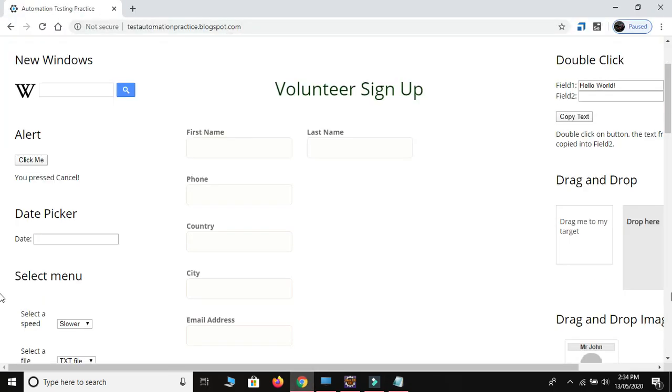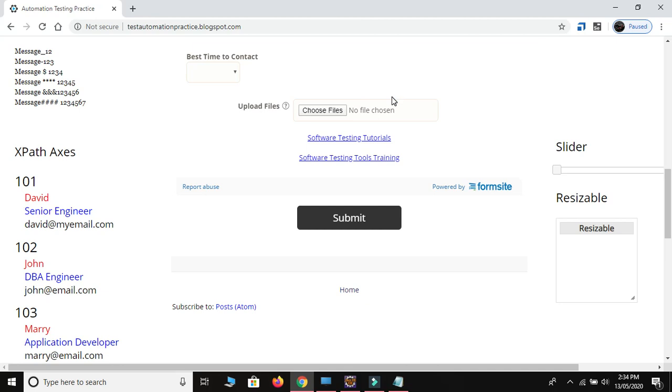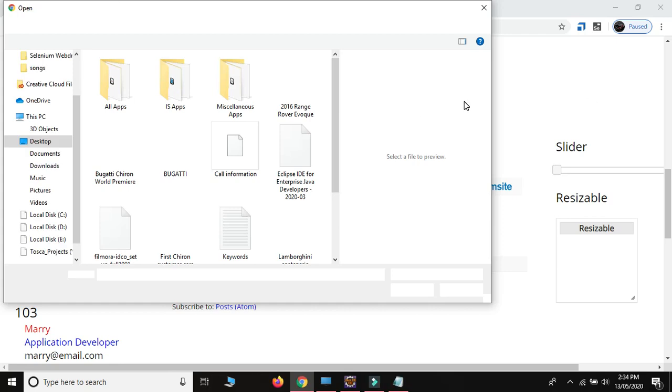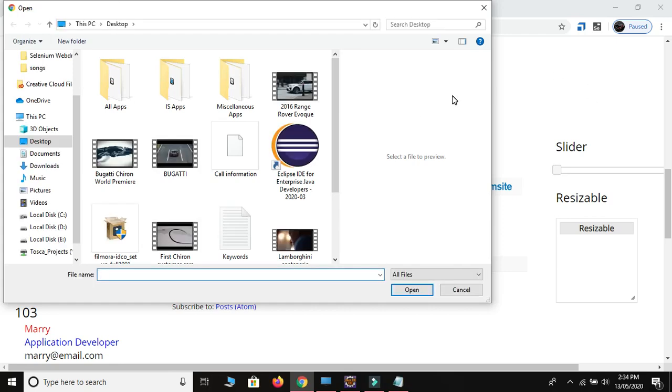I will show an example of a window pop-up. When I click on this button, Choose file, this window will appear. Again I need to switch the window because Selenium does not allow handling non-HTML windows. This is part of your system, your computer, your laptop. The main disadvantage of Selenium is that it does not allow handling non-HTML windows.